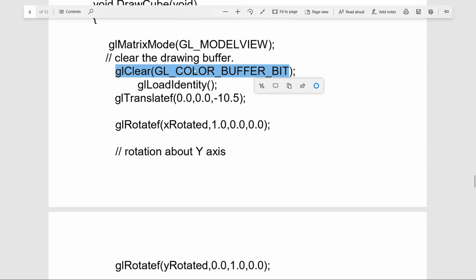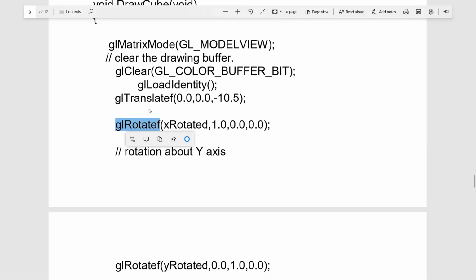Let us load the identity matrix and do the translation operation. Here the translation operation has to pass an X translation parameter, a Y translation parameter of 0.0, and the Z translation parameter as some negative float value. As float values are used, the functions are named with the last character as F.